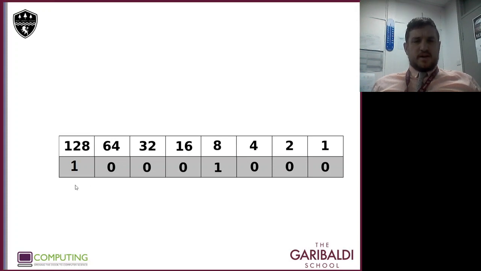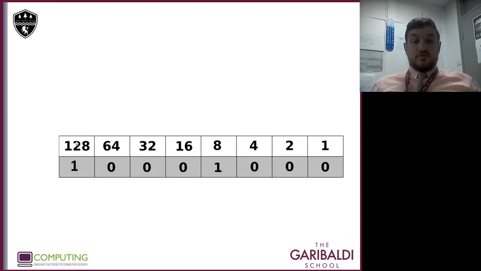So if we work out what that is, we only need to add up the columns where there's a 1. In this one, there's only a 1 in the 128 and the 8 column. So to work out the number 1, 0, 0, 0, 1, 0, 0, 0, all we need